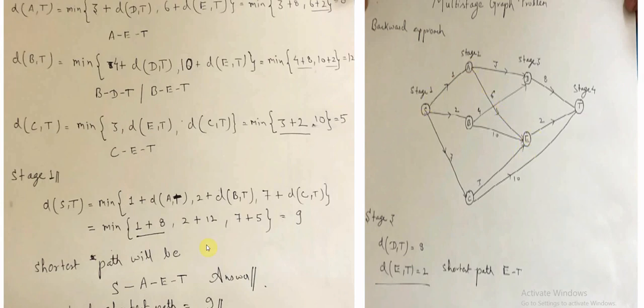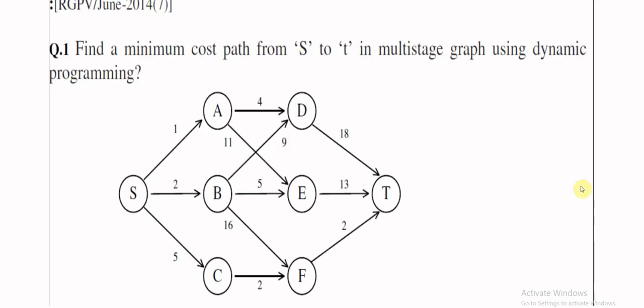So that is the shortest path, and the cost of this shortest path is 9. So that is the backward approach. It is very simple and easy as compared to the forward one, because there is no need to maintain a table. Now let's take another question, which is actually